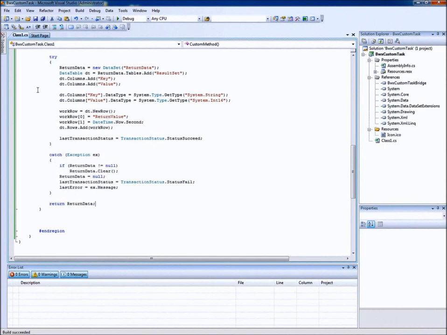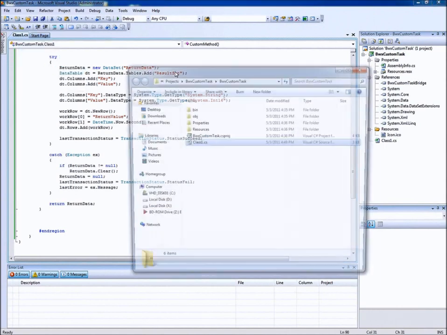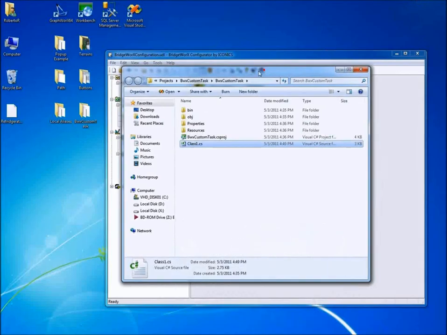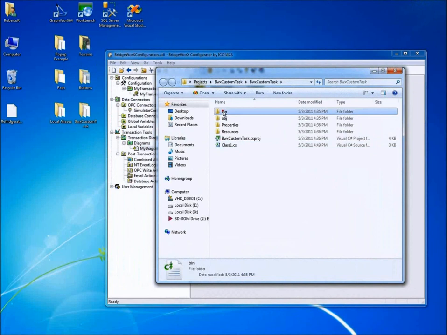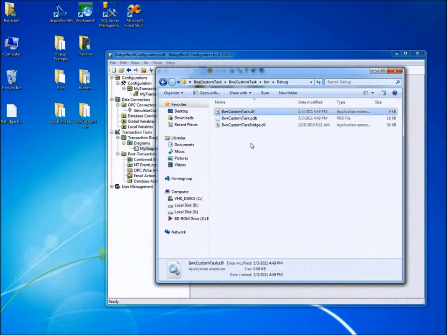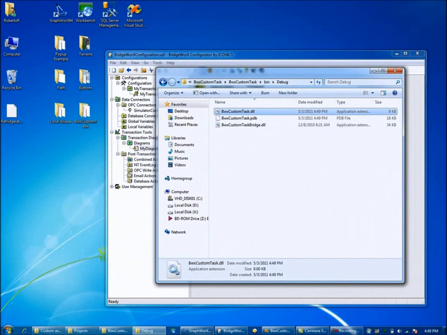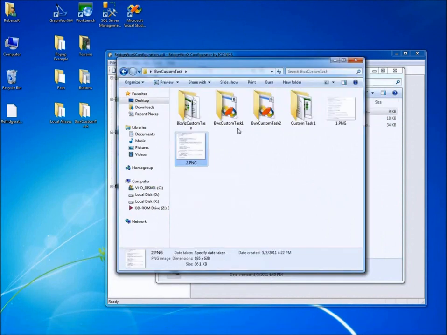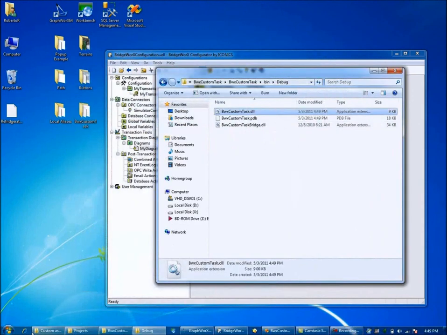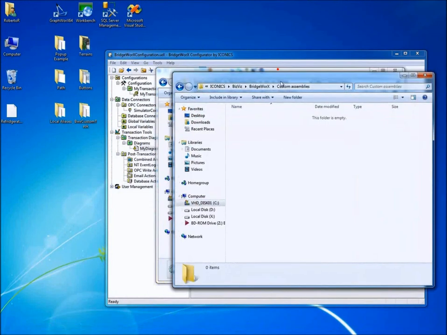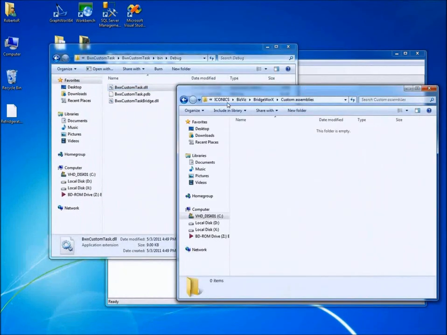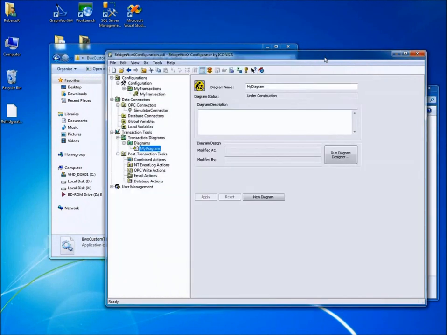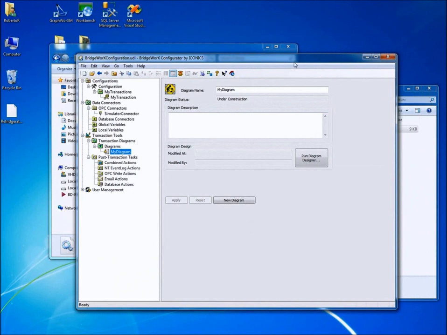We have just built our custom task, and we can get that DLL and put it in a place where we can use it from BridgeWorX. So we go into the bin folder, debug, and we can take this DLL, which is what we have just produced. So we will need to put it into this folder, which is under Program Files, Iconics, Bitswitch, BridgeWorX, Custom Assemblies. We will copy it in here,